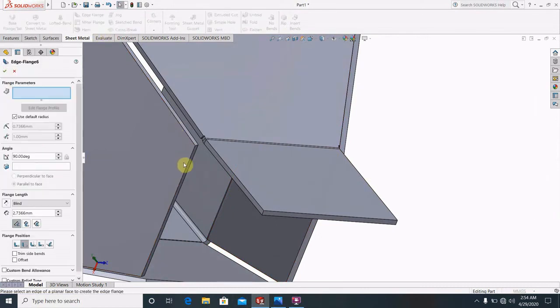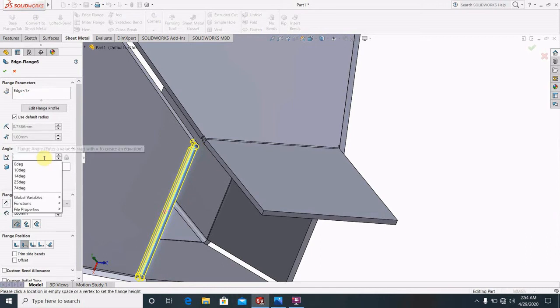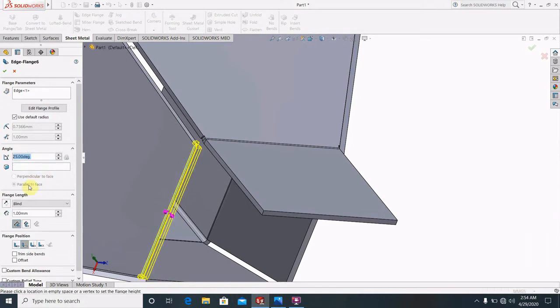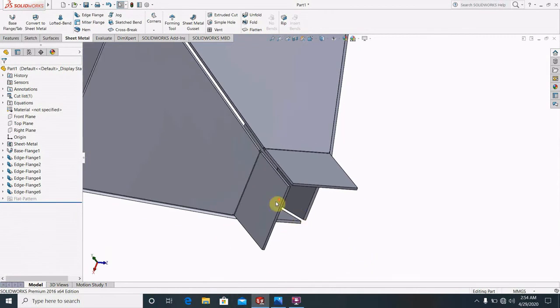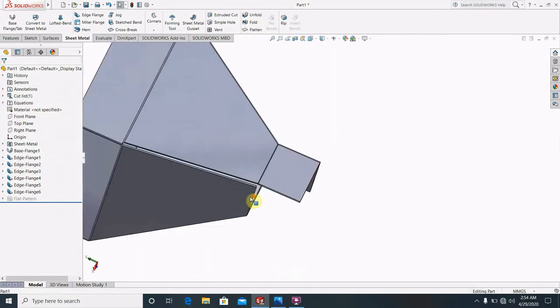Just select the flange edge, select outer part, the angle will be 25 and the length will be 30, or make it 25. Okay, just make it 25.